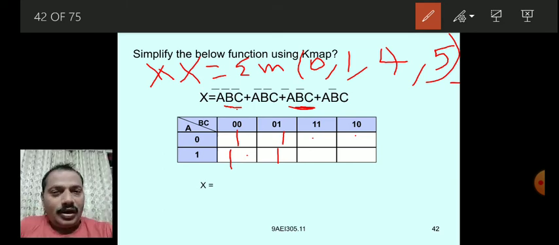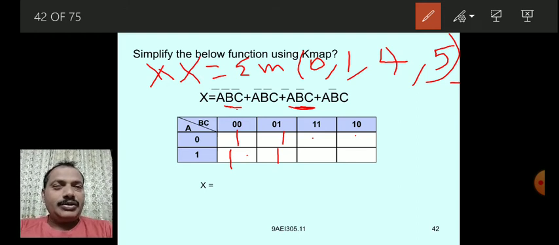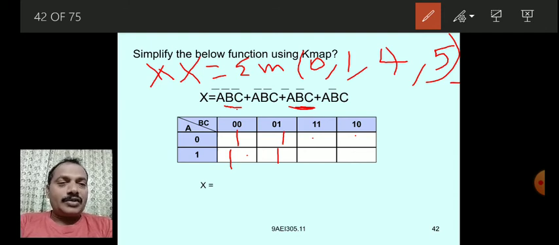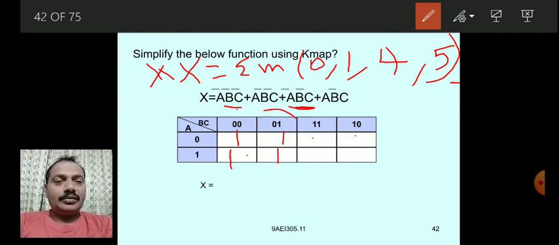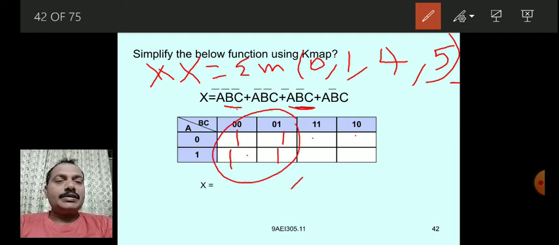After doing this, fill ones in the respective cells. After that you have to make groups. If a quad is possible, go for the quad. Quad is possible here. So what is the simplified expression?